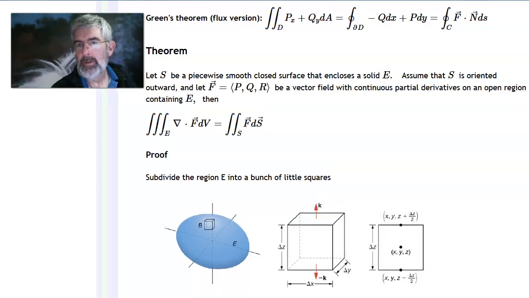Let S be a piecewise smooth closed surface that encloses a solid E. Assume that S is oriented outward, and let F be the vector field P, Q, R with continuous partial derivatives on an open region containing the solid E. Then the triple integral of the divergence of this vector field F is equal to the surface integral